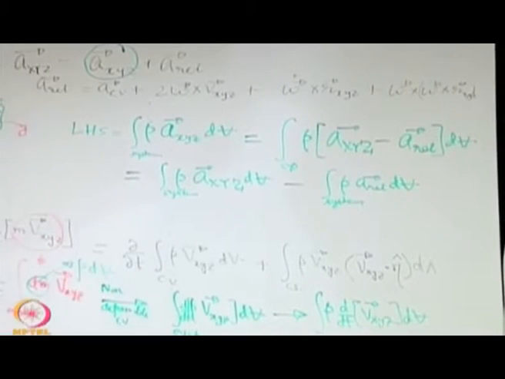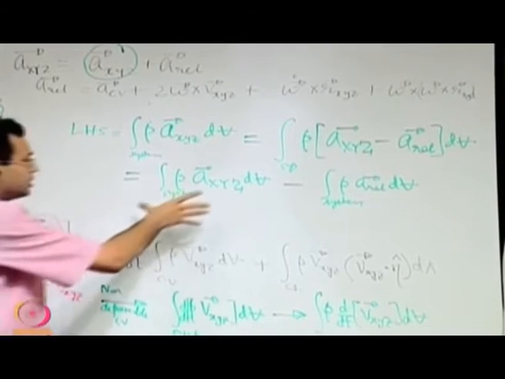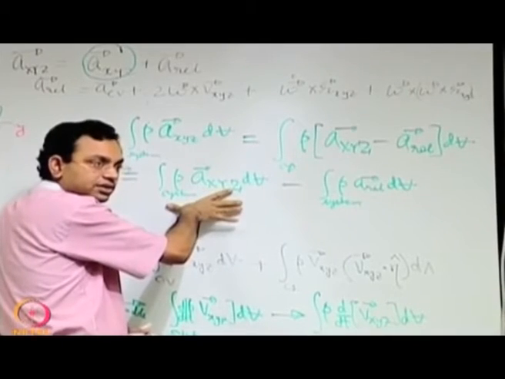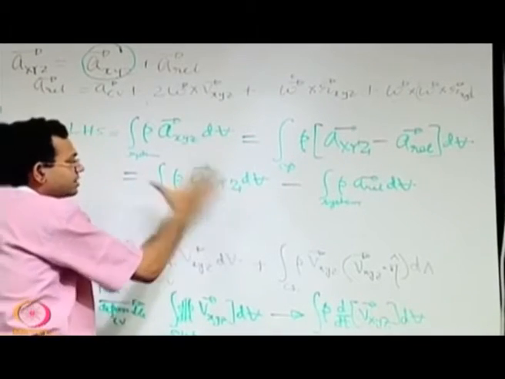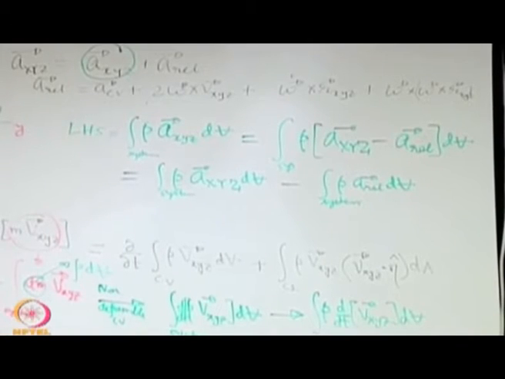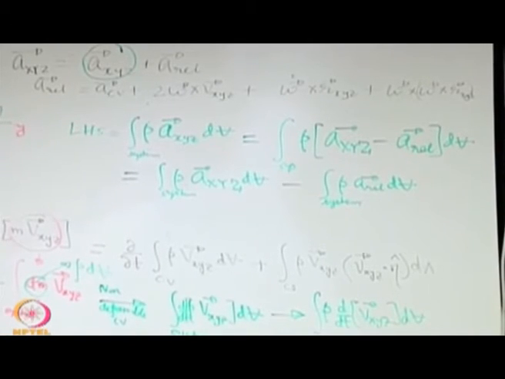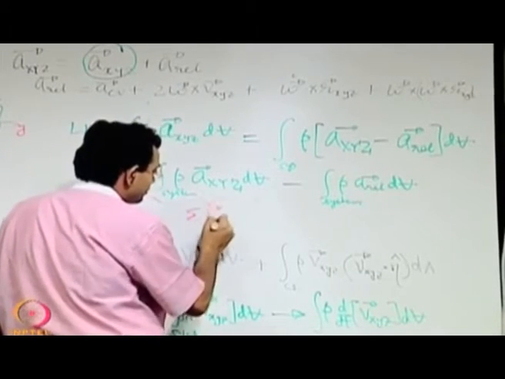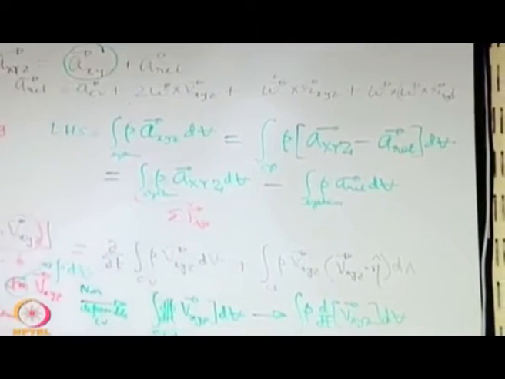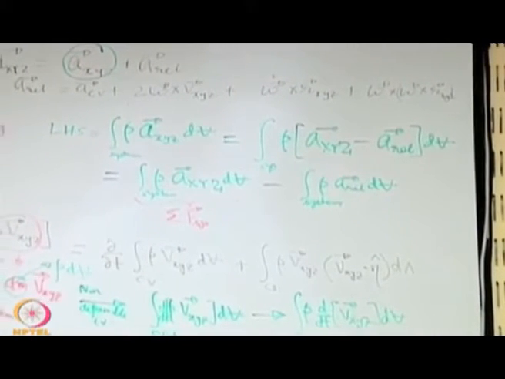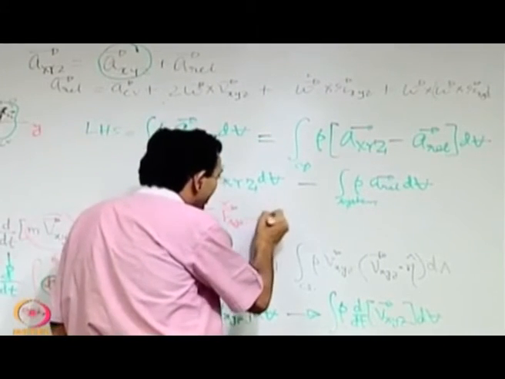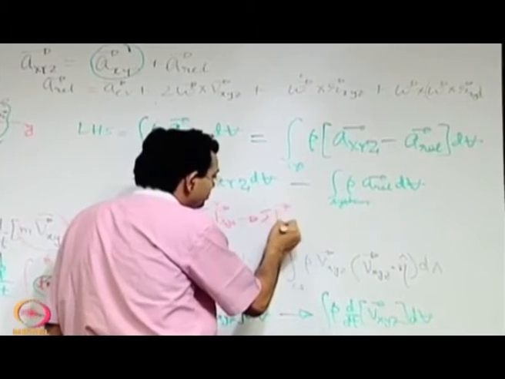The implications are very straightforward. The first term represents the mass into acceleration of the system, the integrated total effect, as viewed from an inertial reference frame. So, by Newton's second law of motion, you can write this as the resultant force acting on the system. And since we consider the limit as delta t tends to 0, this is as good as the resultant force on the control volume.